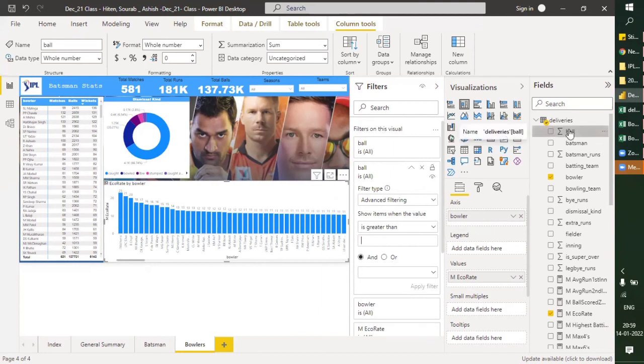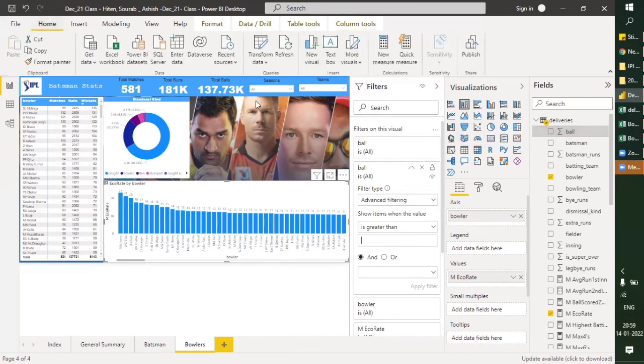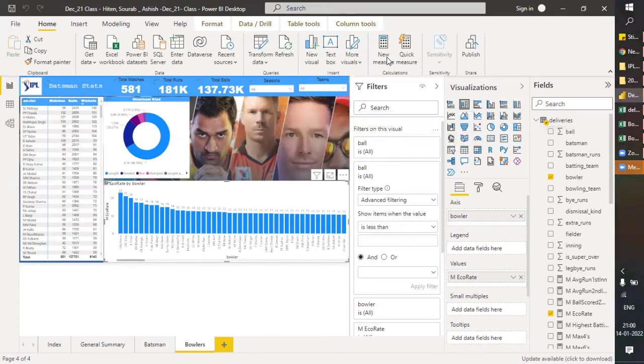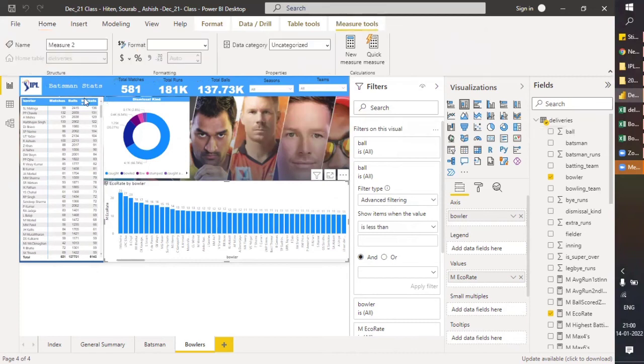Okay, we should have sum of balls, right? Let's make one more measure. New measure, and instead of getting that, let's create DAX for this and try something new. Overs.